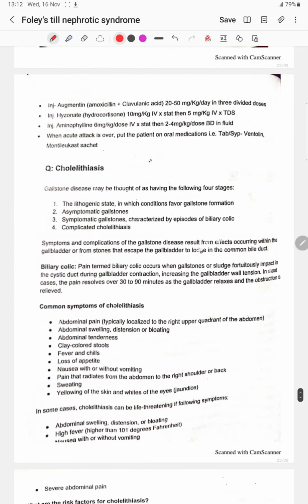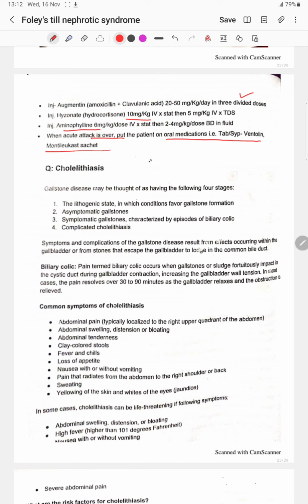Injection Augmentin, amoxicillin plus clavulanic acid, 20 to 50 milligram per kg per day in 3 divided doses. Injection hydrocortisone 10 mg per kg IV stat, and then 5 mg per kg IV TDS, and injection aminophylline 6 mg per kg per dose IV stat, then 2 to 4 mg per kg per dose BD in the fluid. When the acute attack is over, put the patient on oral medication such as tablet, syrup Ventolin,